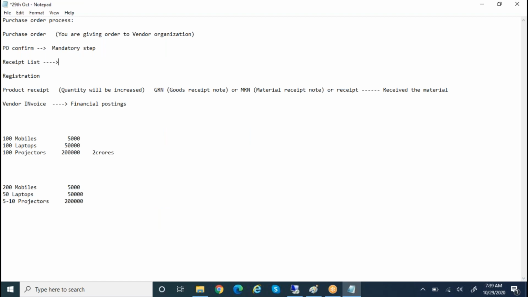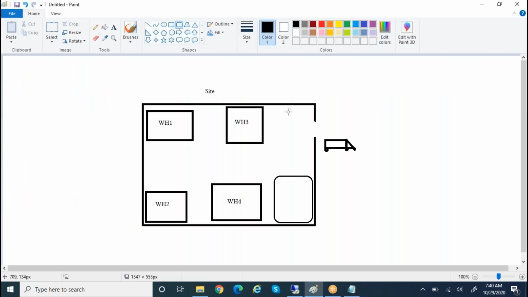Receipt list means the material is still with the truck only, but the truck has entered your premises. That is receipt list.